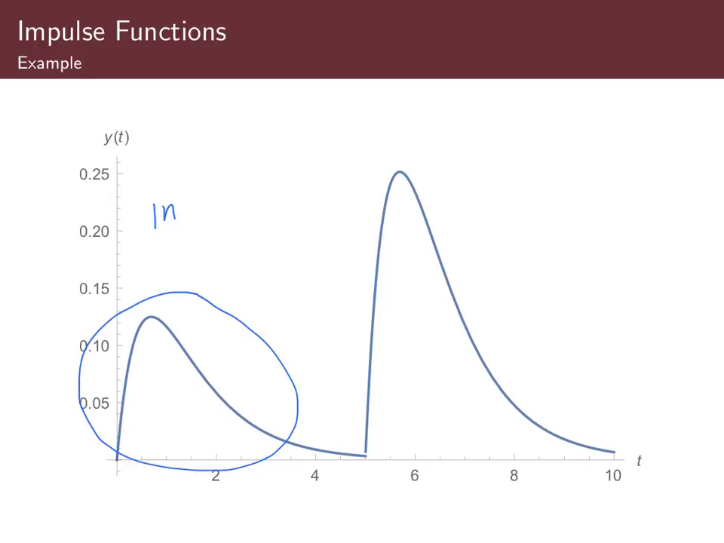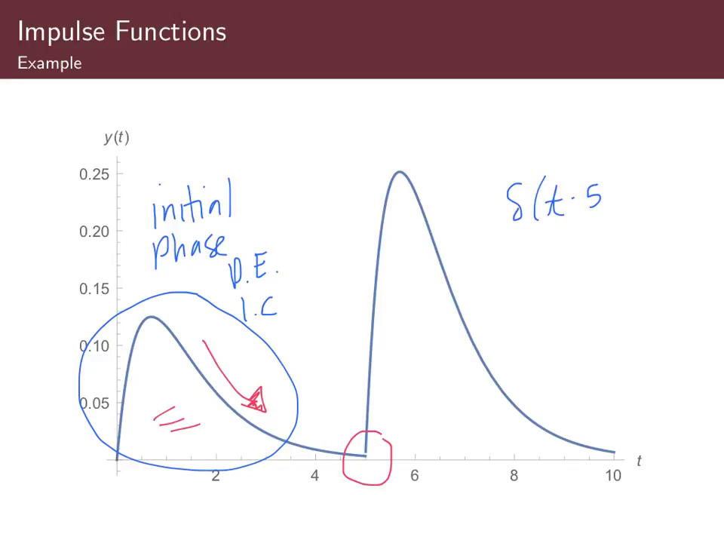and this is due to the differential equation and initial conditions, but this starts to die out quite substantially. Okay, but then at 5, we just get another prop up, and we get basically another copy of the solution over here, just a bit taller, and this is due to the Dirac delta function centered at 5, sort of giving this thing a jolt,